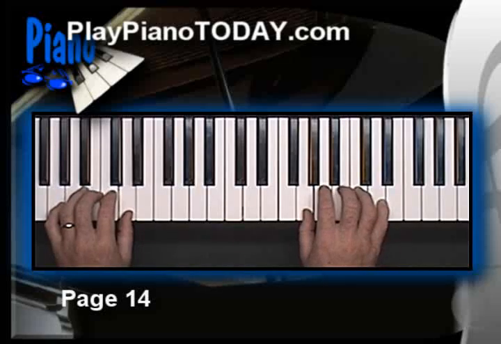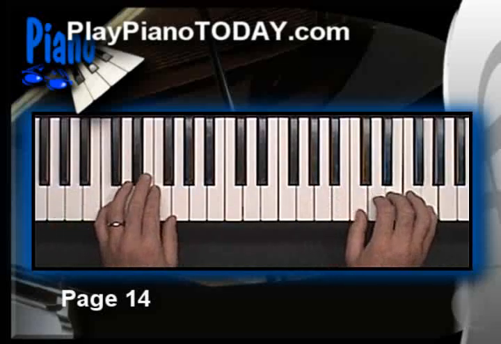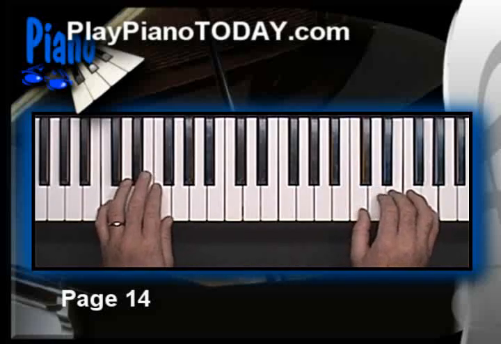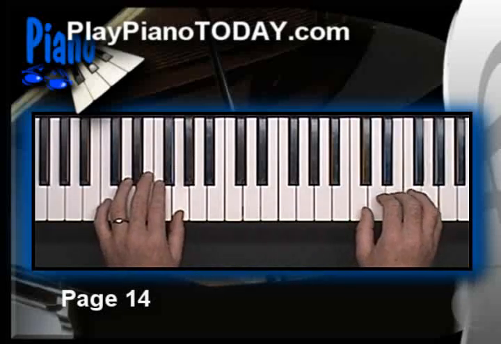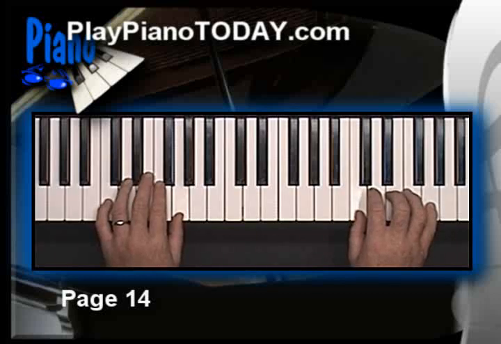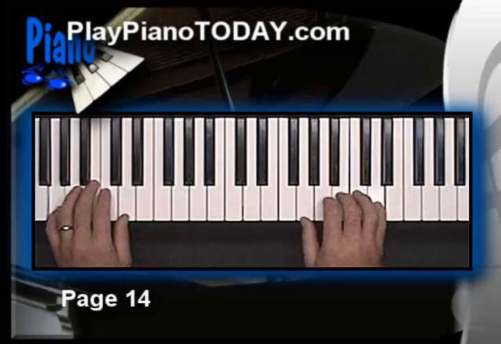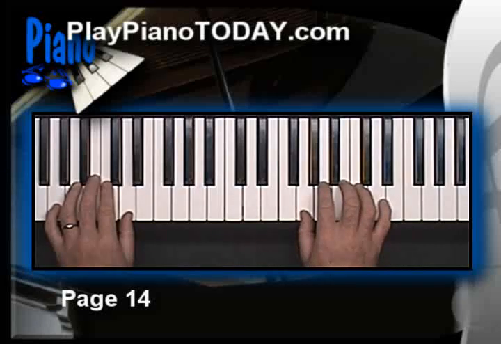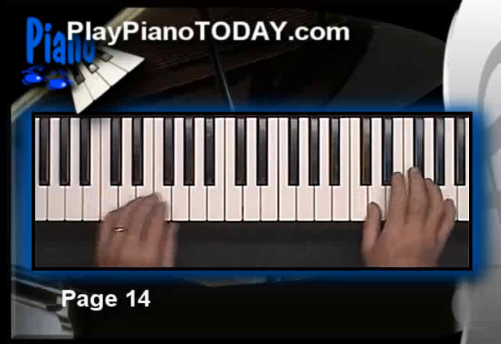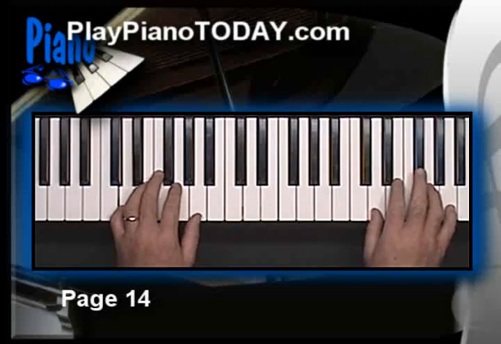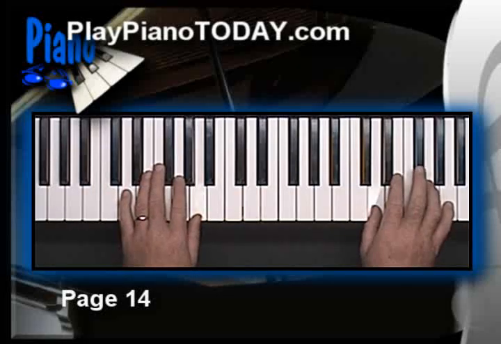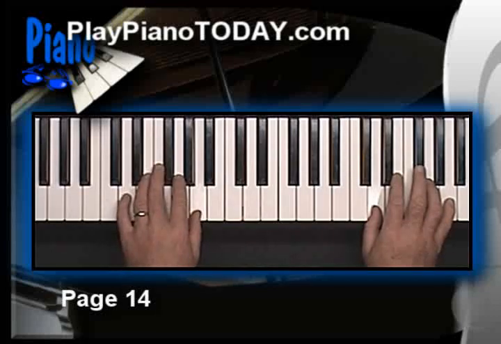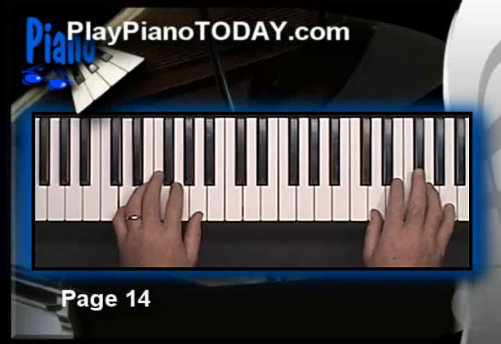Okay, let's go on to the next chord, C. 1, 2, 3, 4. Let me do that chord again. 1, 2, 3, 4. Now your right hand's about twice as busy as your left hand, right? Let's find that rhythmic pattern on the chord D, down on the 3rd line at the end. 1, 2, 3, 4. Okay, so the left hand is playing the root for 2 beats, and then the 5th for 2 beats, okay?